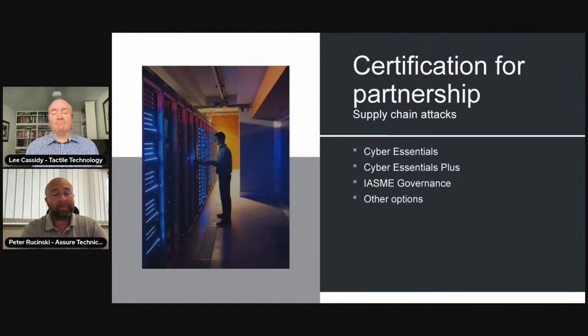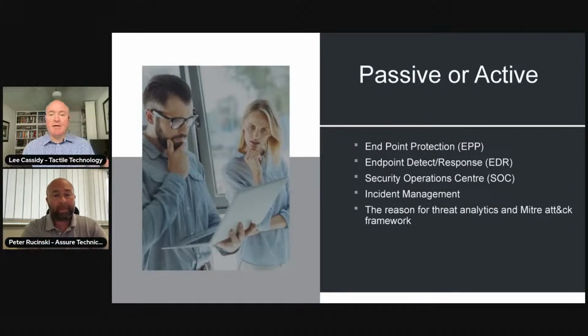Yeah. Okay, right. So let's move on to the next piece. This is about the difference between passive and active. Not sure who's watching at the moment and which approach you've got, but I'm just going to go through a couple of things and the different components of them and explain what's different about them. And then if you've got time at the end, we might talk about SIEM as well, because it all fits into this. But starting out, endpoint protection is what people are commonly doing.